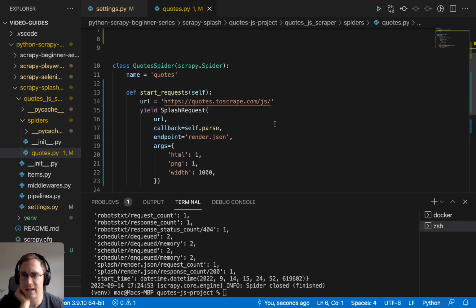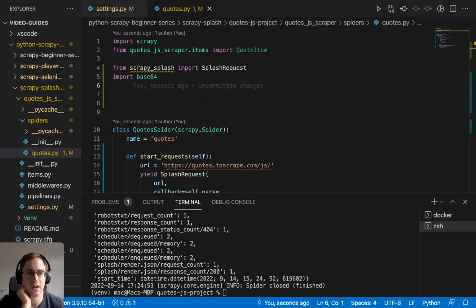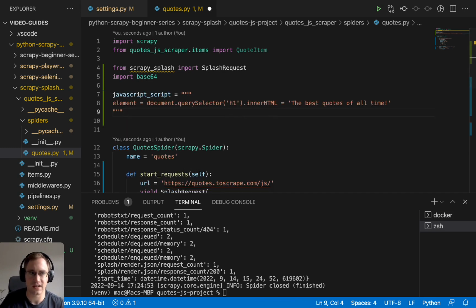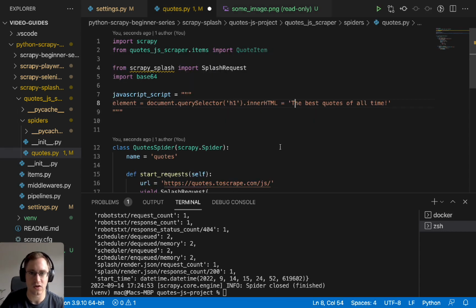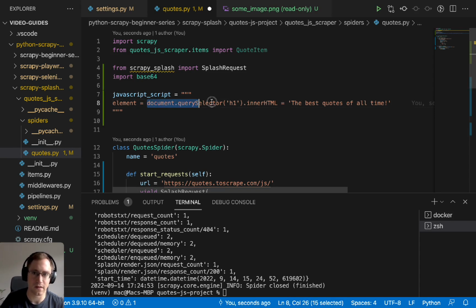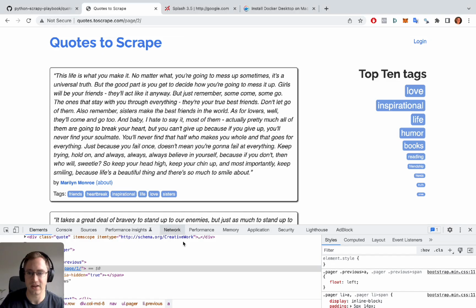One other thing that can be useful to do is, for example, run a JavaScript script. So let's run a JavaScript script on our page just before it's rendered to update the text at the top of the page to say the best quotes of all time. It currently says quotes to scrape, and we're going to change this to the best quotes of all time using this snippet of JavaScript, which we can quickly test out on our page by going to the console